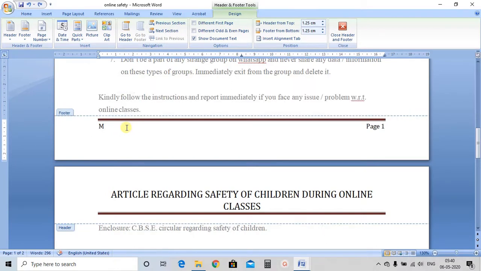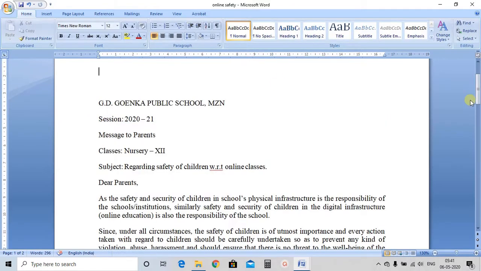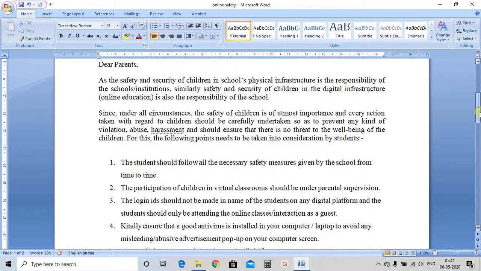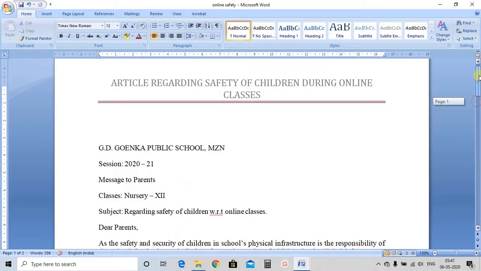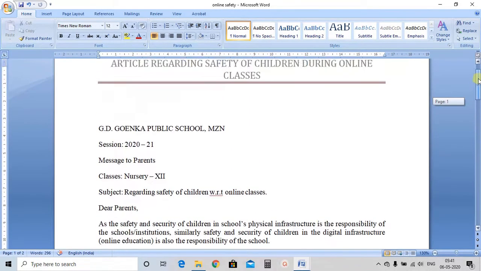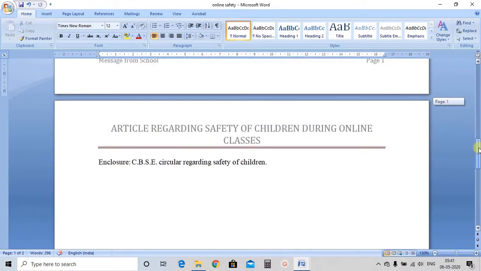Sorry, and after writing the text, you double click on the main body part so that you can make changes in the body part. Now we have added the header also and the footer also.